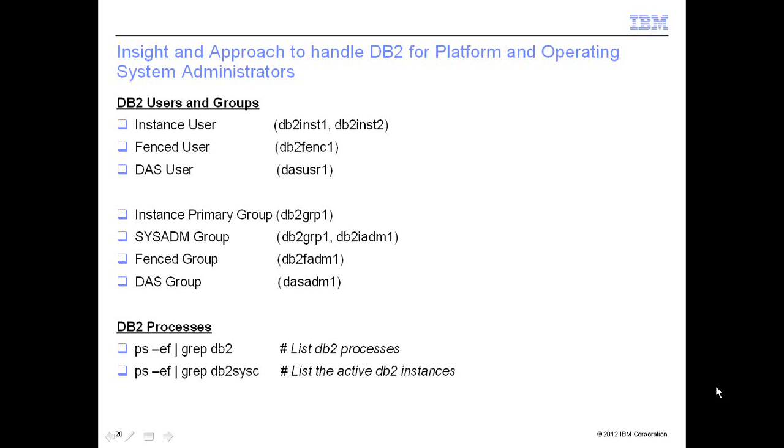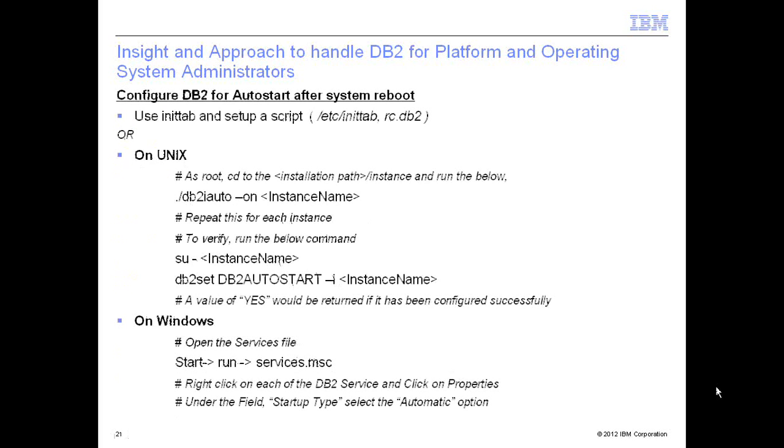Now, the idea here why these things are put here is the OS admin many a time is required to do some of the DB2 tasks while maintaining it. So, a knowledge of these could really help in knowing what is important and what is not important. Again, when an OS admin manages a system, he is expected to clean up the system or probably take a look at what are the processes, probably take a look at what are the users. So in that case, if the OS admin does not know what are the important things, it can create a lot of havoc on the system. So it's good to have an understanding of this.